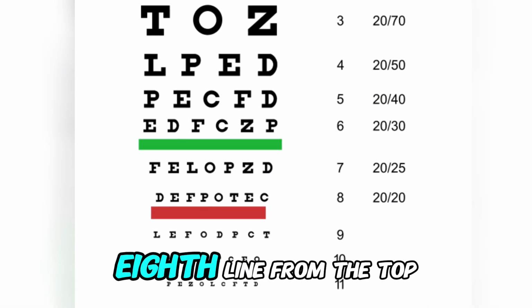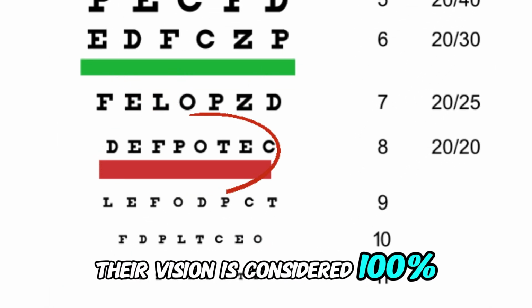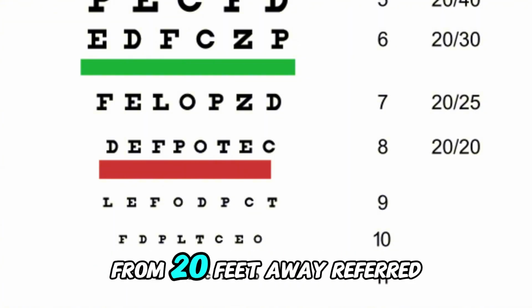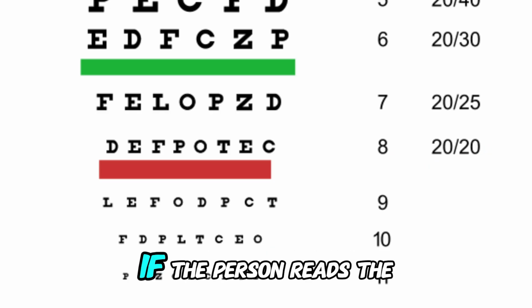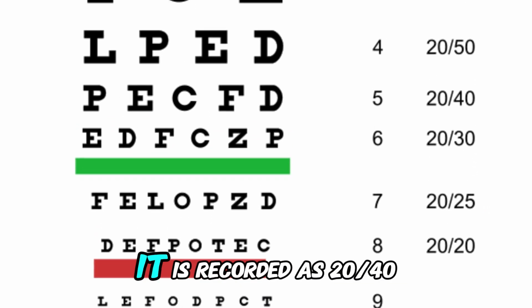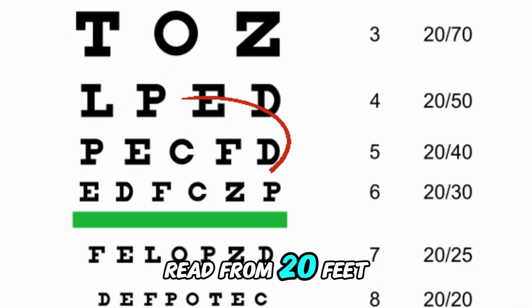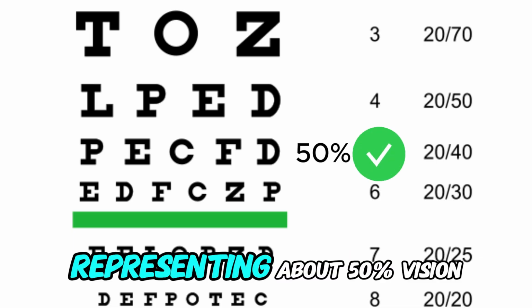If the person reads the 8th line from the top, their vision is considered 100%. This means a person with normal vision should read this line from 20 feet away, referred to as 20/20 vision. If the person reads the 5th line, it is recorded as 20/40 vision. This means the person can read from 20 feet what a normal vision person can read from 40 feet, representing